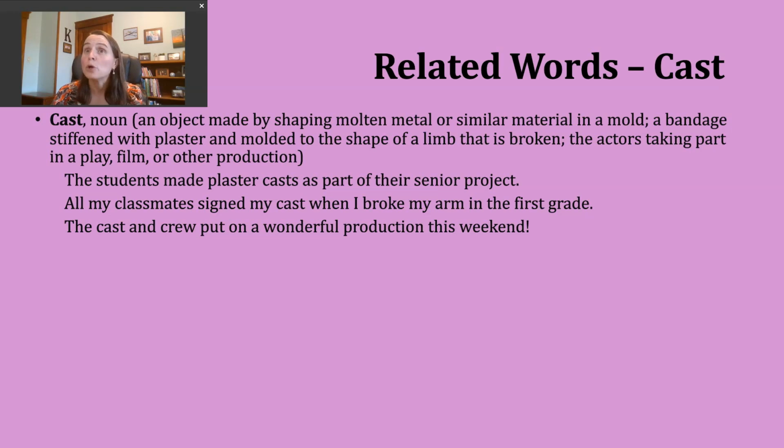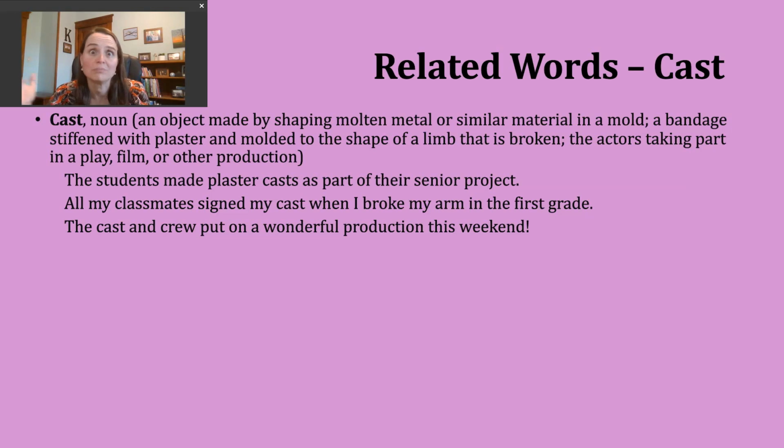So the first way you could hear or see the noun cast used can refer to an object that is made by shaping molten metal. Remember, that's that very hot, or some other type of similar material in some type of mold. An example of this might be: the students made plaster casts as part of their senior project. Okay, so that's the material, they're plaster, right? And so again, trying to create these certain shapes, maybe they fill it in with something else and paint it,